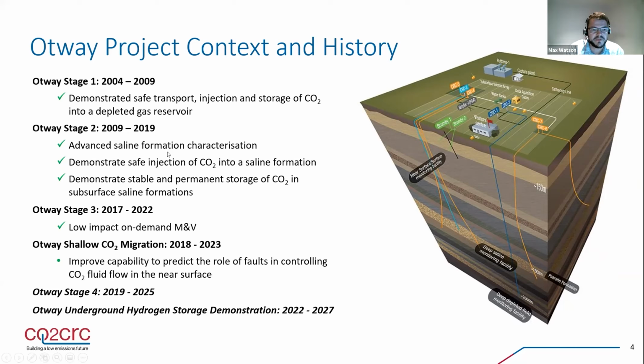We got a little bit more sophisticated then from 2009 to 2019, and we heard mention of a few of the experiments we did in what we call Otway Stage 2. But this was looking at not a depleted reservoir, but a deep saline formation instead, about 1.5 kilometers depth. And we went through a series of different stages in this experiment, looking at how to best characterize a saline formation, including looking at a lot of different